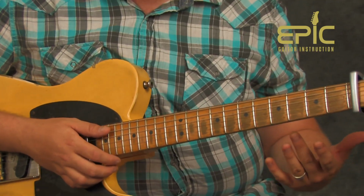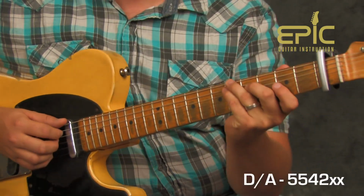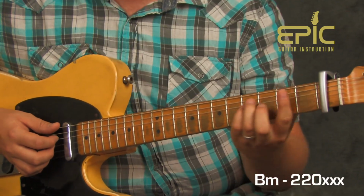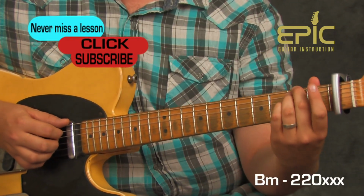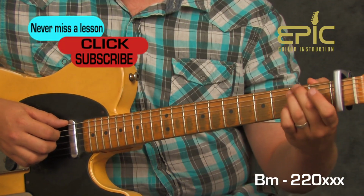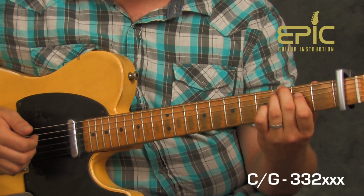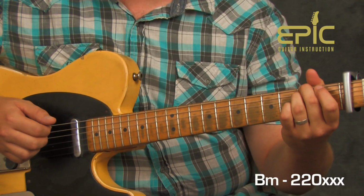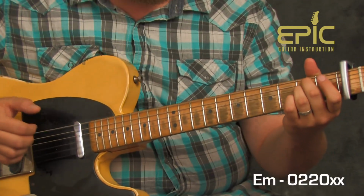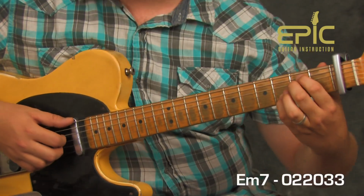For the more piano-like chord voicings, again, we can just pluck 4 strings off of the E minor chord. We can move to the D chord voiced like this. New chord time. Instead of playing the B minor bar chord, I'm going to play just some low notes. Still a B minor chord, just a different voicing here. So that's the 2nd fret, and open. And then the voicing for the C chord there. I'm only playing 3 strings, bottom 3 and bottom 3. So pre-chorus with these voicings, we're going to have second time through, we're going to play E minor 7,